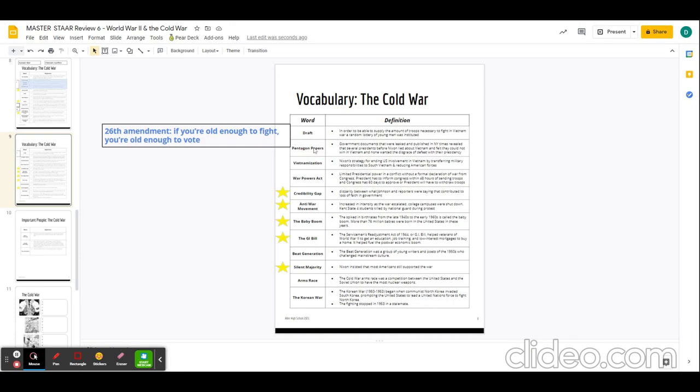Pentagon Papers were part of the continued disillusionment between the American people and trusting the American government. Vietnamization was Nixon's strategy in the war. The War Powers Act, this was that blank check given to LBJ basically to do whatever he needed to do in order to retaliate to the Gulf of Tonkin incidents, and led to,